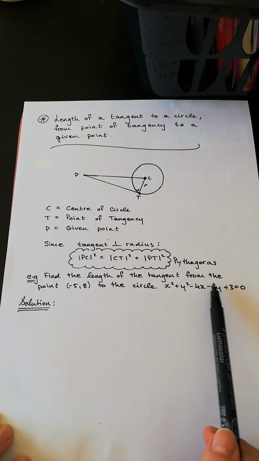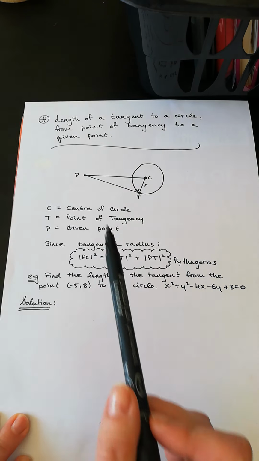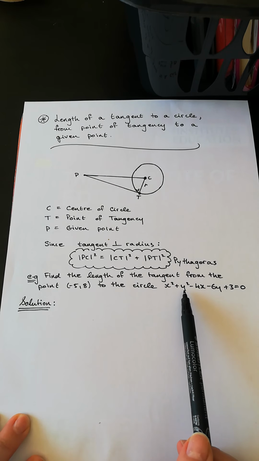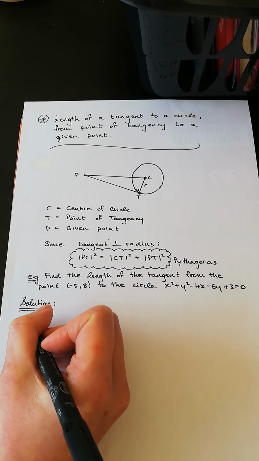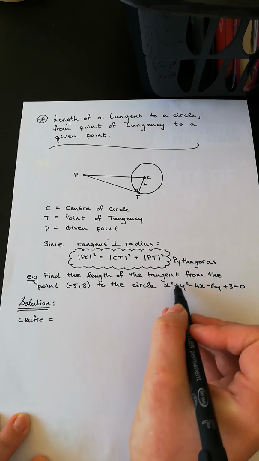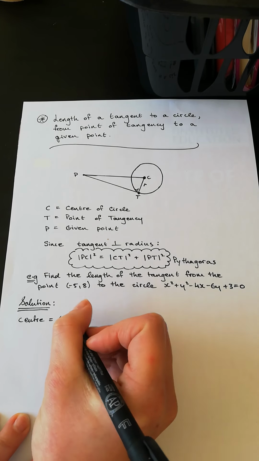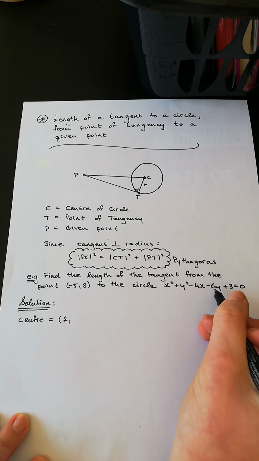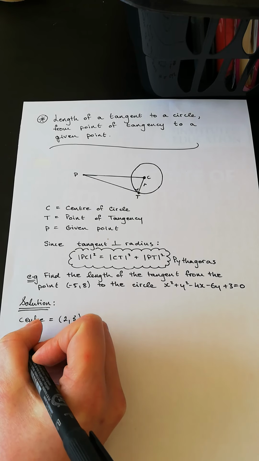Find the length of the tangent from the point minus 5,8, so that would be my P, minus 5,8, to this circle here. And remember, coordinate geometry of the circle, it's always a good idea to write down the centre and the radius. Centre of this circle here, x coordinate, half it and change the sign, that'll be positive 2. Y coordinate, half the y coefficient and change the sign, and that'll be positive 3. The radius,